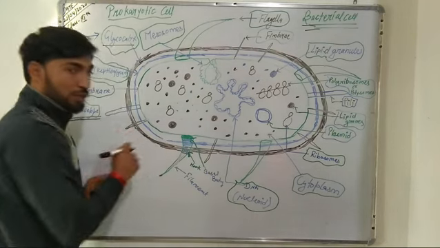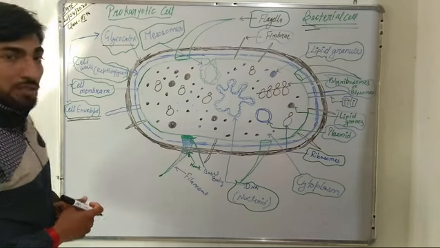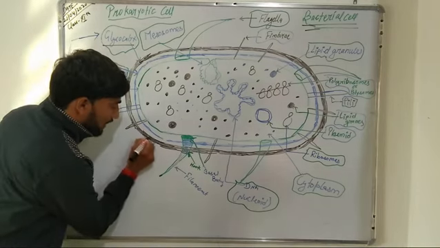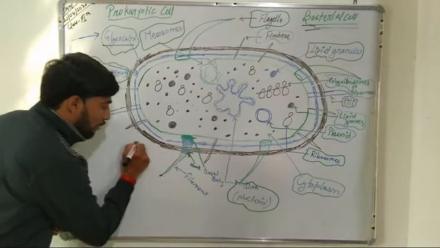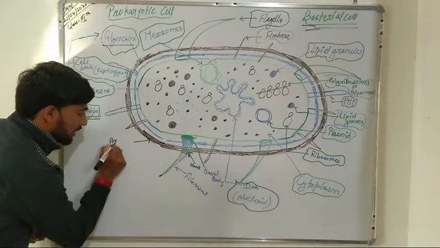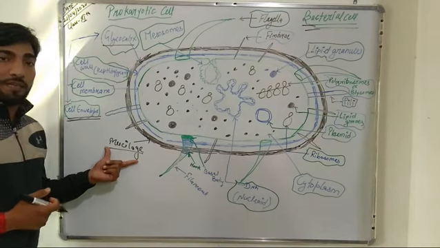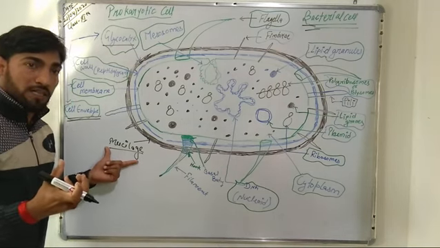It is the outermost covering of the bacterial cell, and it consists of two parts: the inner layer, known as S layer, and the outer layer, known as mucilage. The inner S layer of glycocalyx is made up of polypeptides which are rich in acidic amino acids, whereas the outer mucilage layer is a gelatinous layer that consists